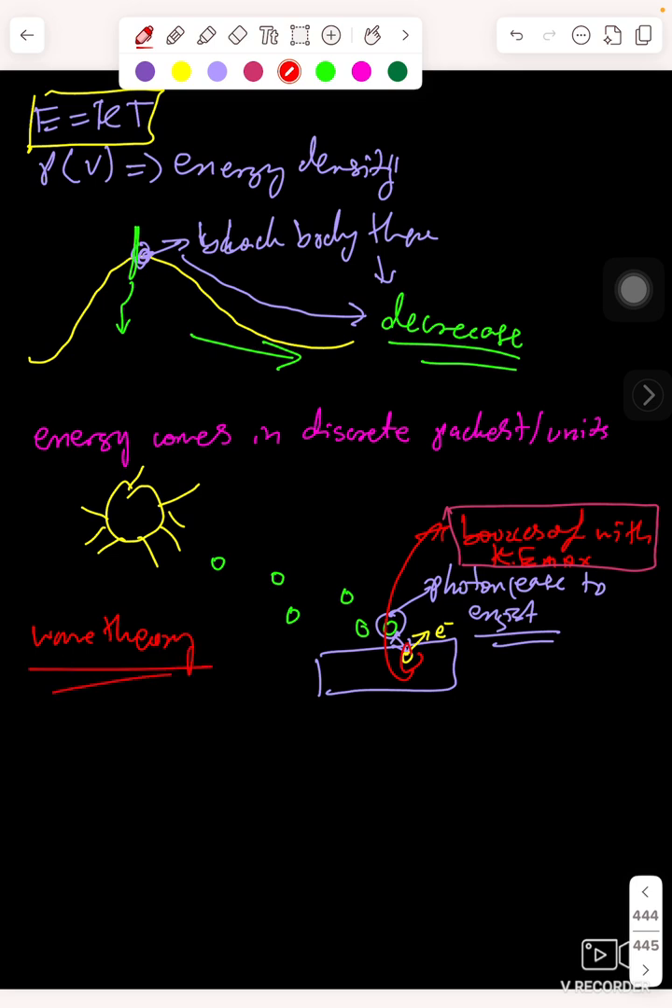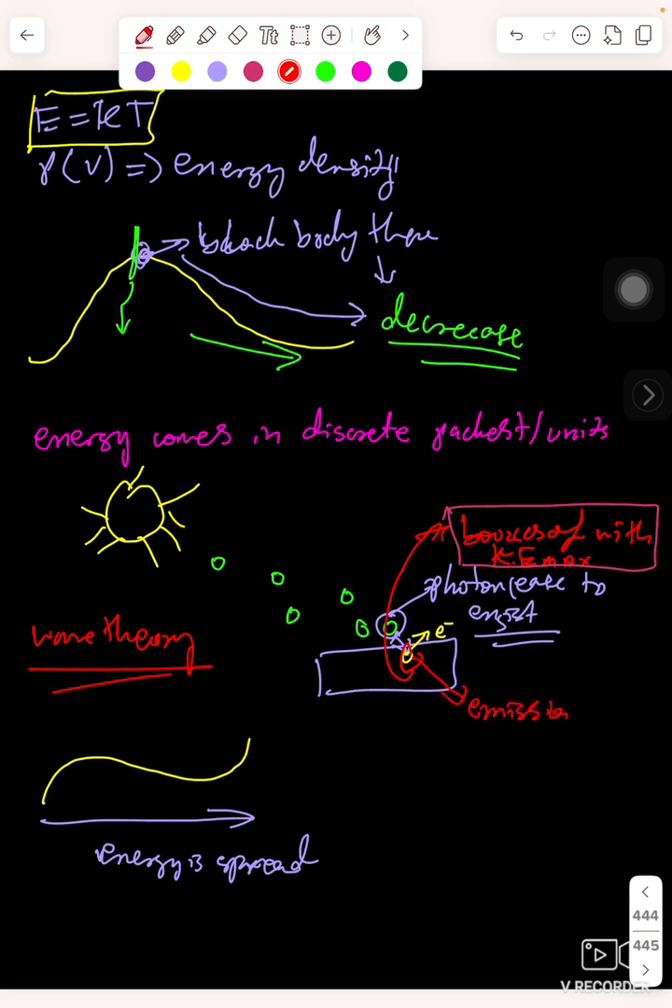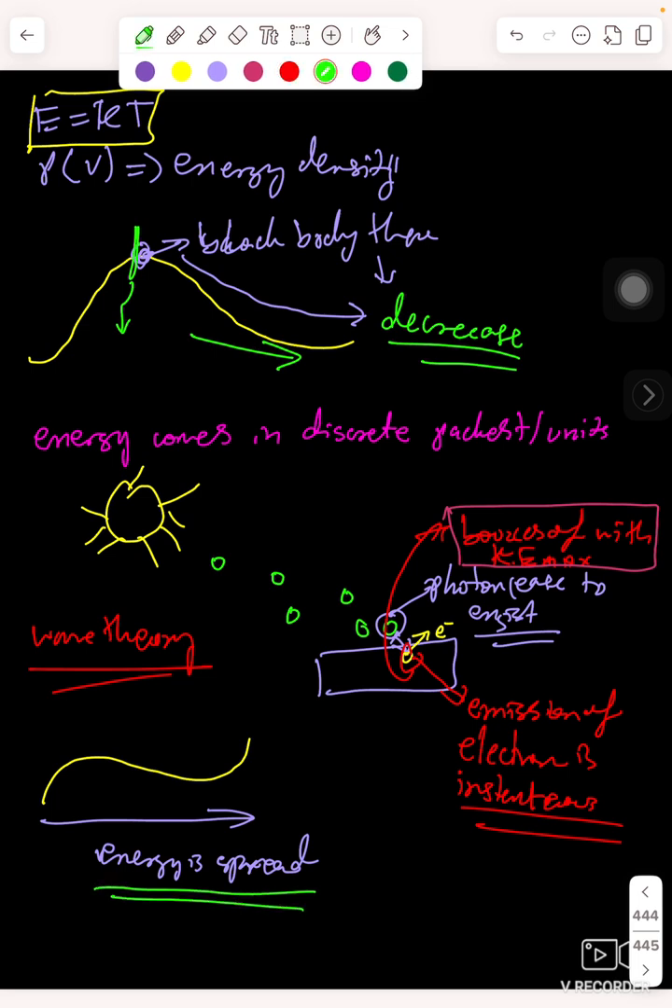What's interesting here is that in wave theory, energy is spread, as we talked about earlier. Now, in the photon picture, we know that the emission of the electron is instantaneous. How do we know that? Through experiments. Okay. That's why energy is spread, and by energy spread we mean that if the energy is spread out,